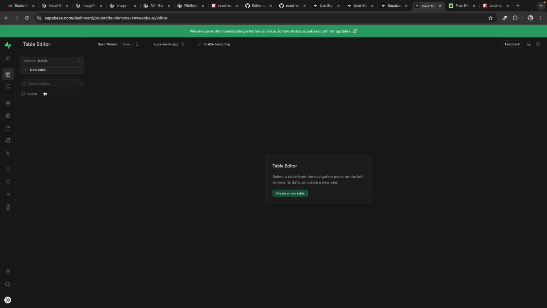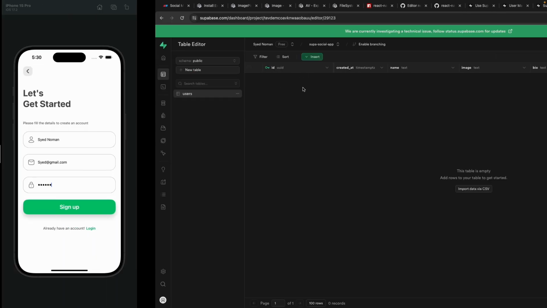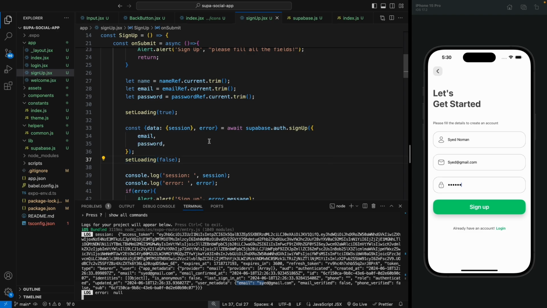So now we can add data into the users table, because of this auth policy that we just created, but for now you can see the table is empty. The way we want this to work is when we register the user using our application, we want to send some data that will also add him to the users table that we just created. But for now, if we just simply register any user, it won't appear instantly in the users table. So let me show you what I mean.